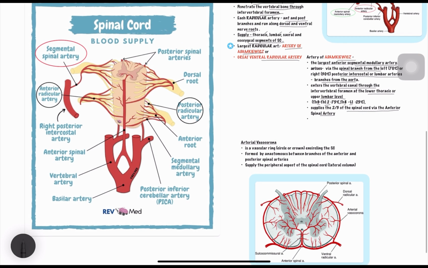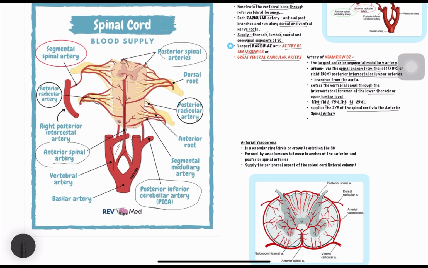In this picture as well we can see the vertebral artery, which gives the anterior spinal artery that runs along the anterior median fissure. In some people the posterior spinal arteries come from the posterior inferior cerebellar artery, or they also come from the vertebral artery. These posterior spinal arteries run along the sulcus in the posterior lateral region, the posterior lateral sulcus of the spinal cord, and there are segmental arteries